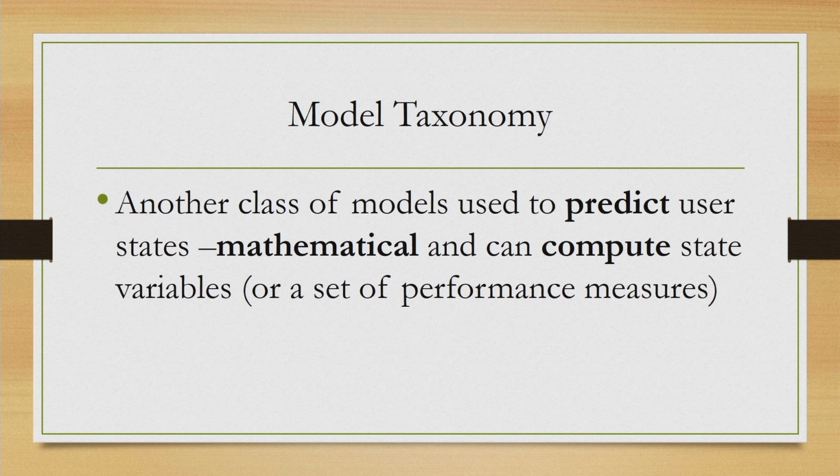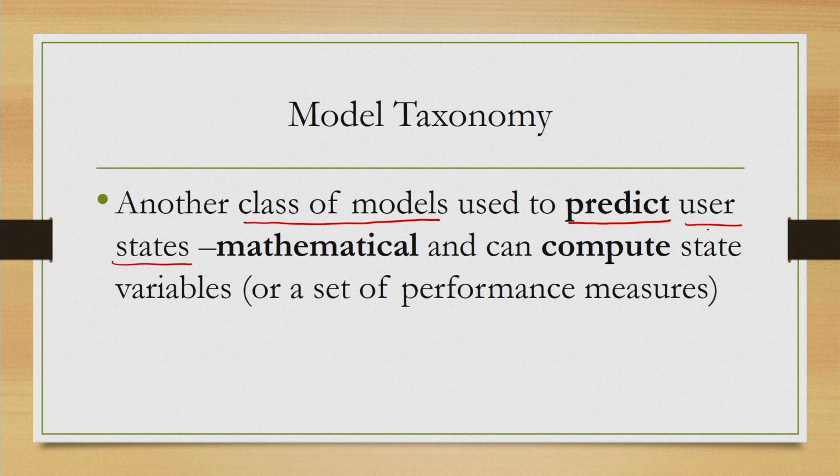Next, we have another class of models which are used to predict the state of the user. Now, if you may recollect from our earlier discussion, when we say computation, we mentioned that it is nothing but transition from one state to another, where the state is defined as a combination of system variables and or the computer variables and our mental variables. Now, the set of mental variables constitute a user state, and the class of models that we are talking of now are used to predict the states from the current state.